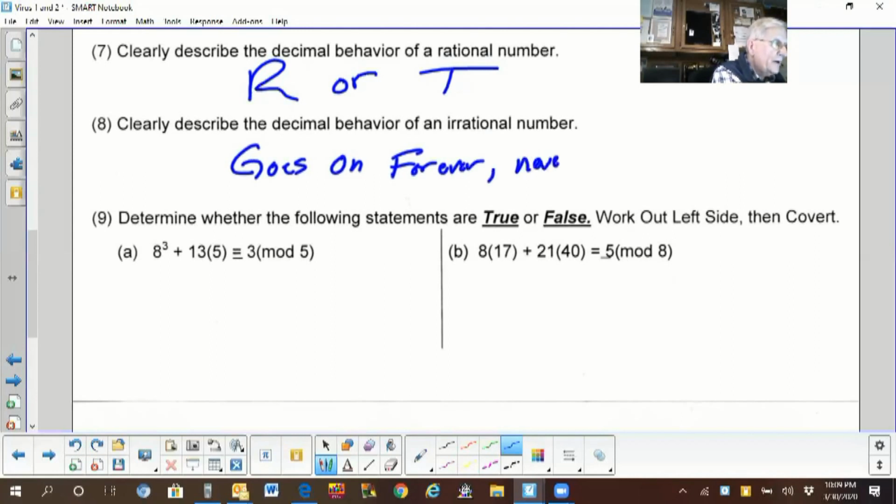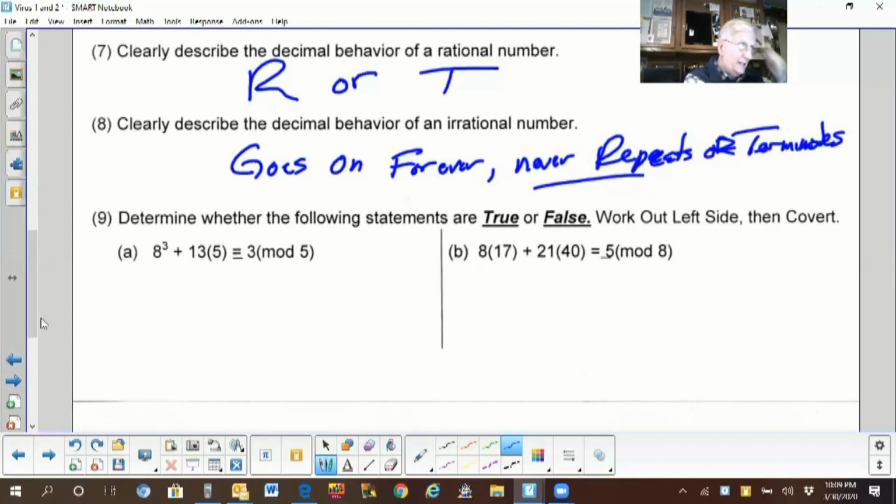Never repeats or terminates. But if you just say never repeats, that's probably enough, okay? All right, now,